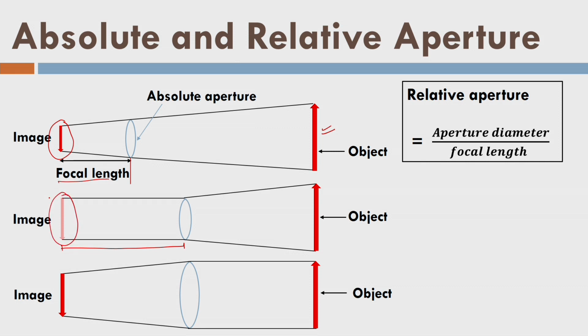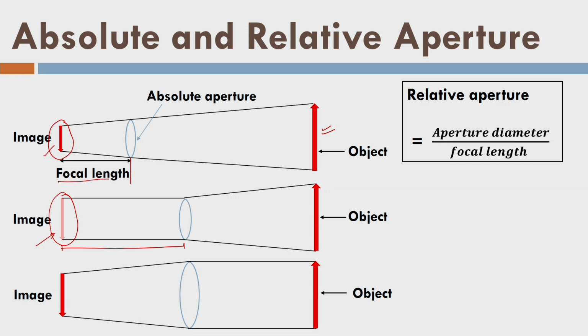That means, if you remember, if you open your lens telescopic tube, it will increase in length, and as a result you are increasing the focal length, and because of that, what will happen? The size of the object image will be increased here. But you can see here, because of the increase in the focal length, the amount of light that was coming earlier is still the same, because the aperture is the same, the opening is the same, and as a result you will get a dull image or a little less illuminated image compared to this image.